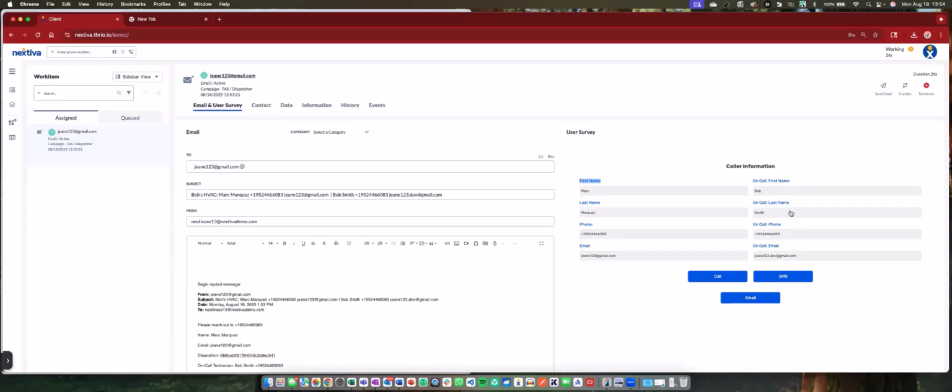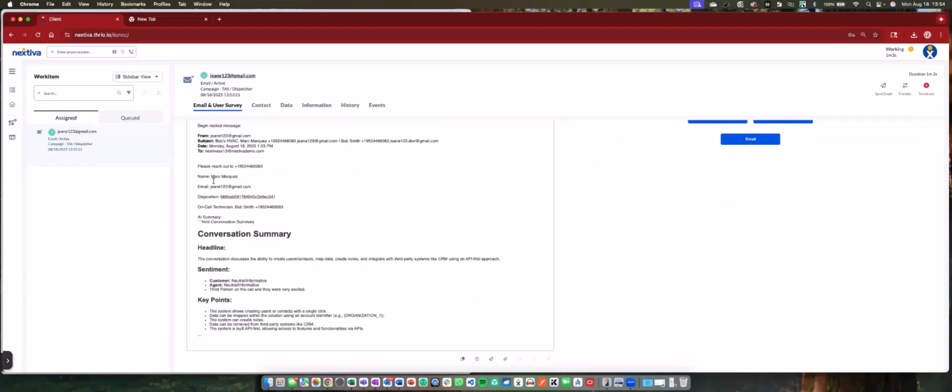We're going to see who is on call. And this information here is coming from a third-party external system. That could be your scheduling software. That could be a spreadsheet. It could be all of the above, right? We're also going to see that this subject line looks a little crowded right now. There's a reason for that, because I want to showcase that we have all of that information that we can use to grab information from and pre-populate. We can also see here that this is going to be the message, right?